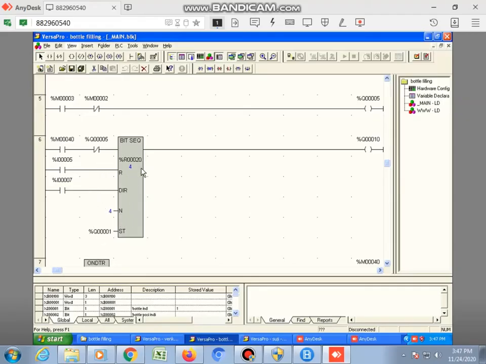Here we are giving the output to Q1. The first output will be taken for the first coil, the second output for the second coil, like that the third and fourth.